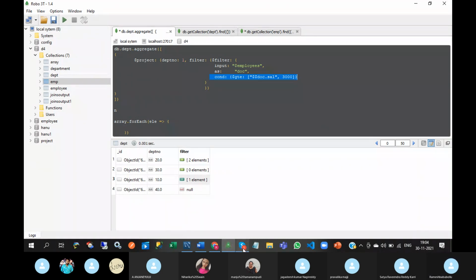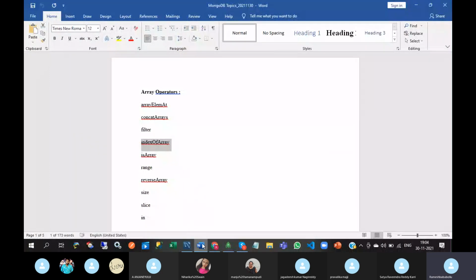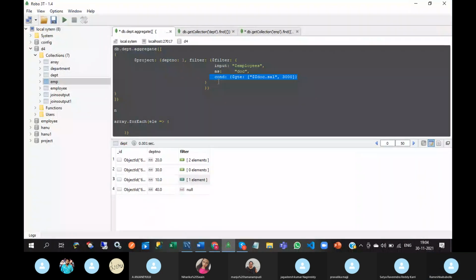Next, index of array. It searches an array for an occurrence of a specified value and returns the array index of the first occurrence. If this value is not found, it will